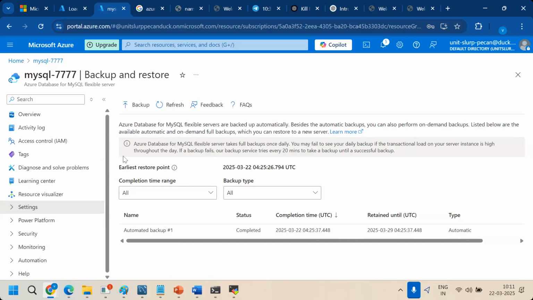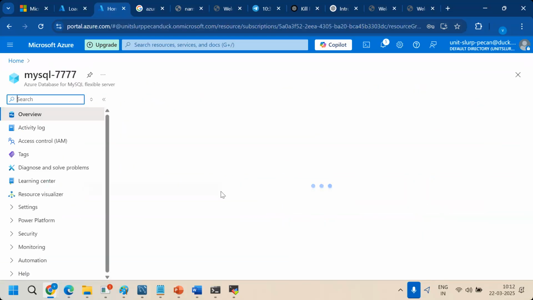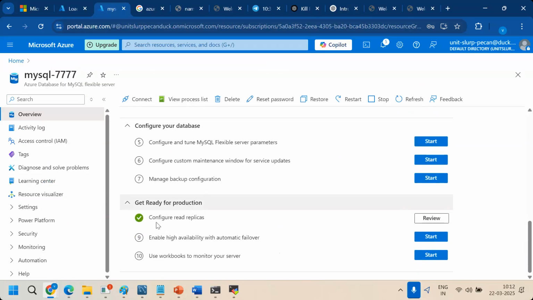So let me show you the options. Click on MySQL. Here, if you can see, configure your database, start your project, get ready for your production. So if you want a review already, if you can see,